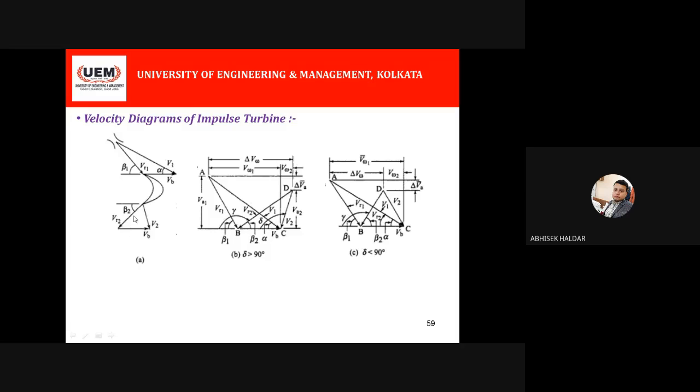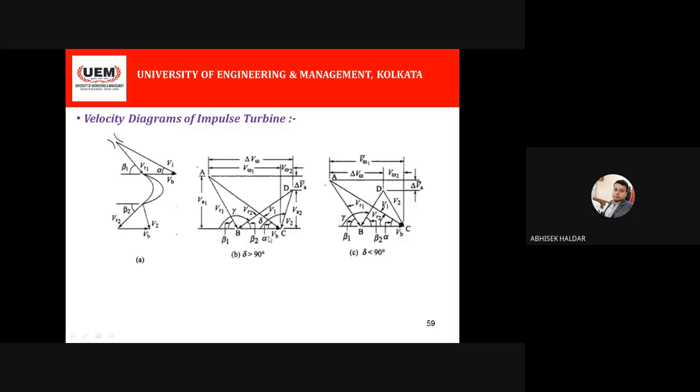So this is the angle between what? VR2 and VB, or not? This is the angle between relative velocity and the VB. Same thing, at inlet and outlet, the same thing is happening. So here, which angle should be beta 2? Relative velocity means this line is my VR2, BD is my VR2, and VB is this BC. So this angle, you see here, is written beta 2. Can you see beta 2 over here? So that is basically the outlet blade angle.